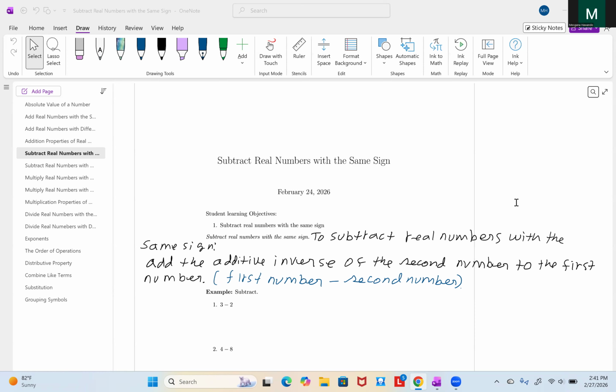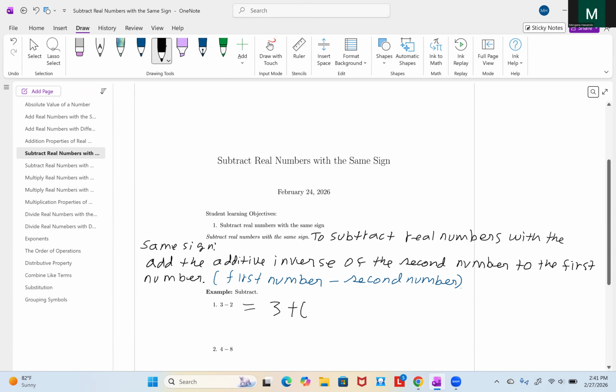So here, the first number minus the second number. This is what we mean. We add the additive inverse of the second number. So we have 3 minus 2. The second number is 2. The additive inverse of 2 is negative 2. So we add negative 2 to 3. Now we use the steps for adding